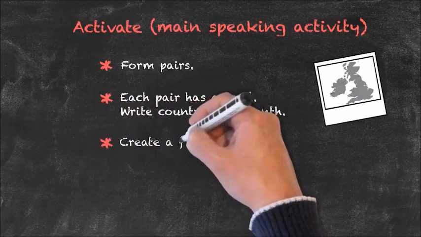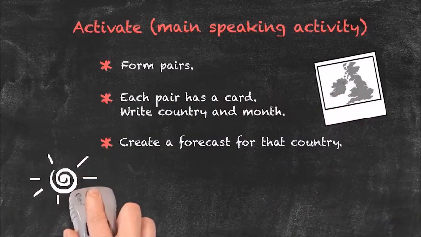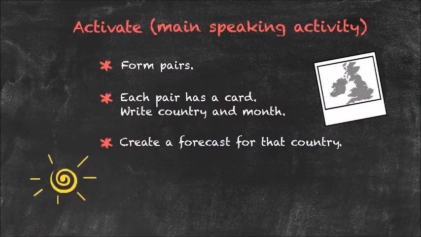What they're then going to do is to be asked to create a weather forecast for that country in that particular month. Now obviously this will be written down, and once all of the students have completed their forecast, what we can then do is the main speaking activity where they would actually read out this particular information. So obviously we would need to feed back on that afterwards. If there are any common mistakes between all of these feedback sessions, then we can cover those after the session has finished. We're now going to move on to the